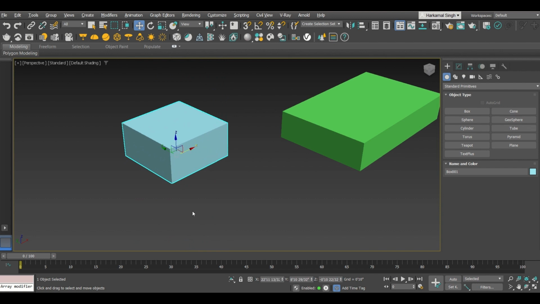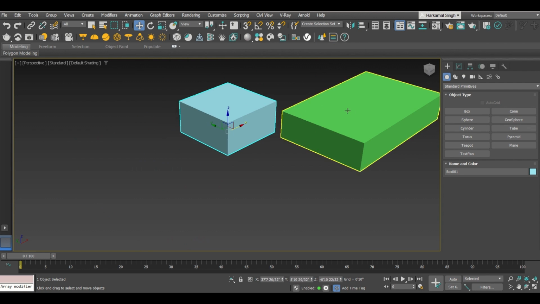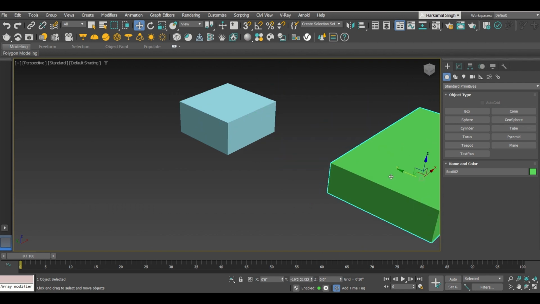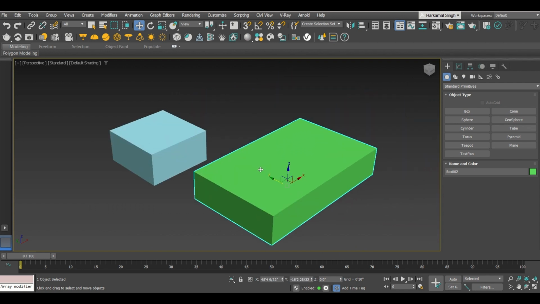If I have selected the x-axis, I can move in this direction. Same is for the other object. Now its x-axis is yellow, so I can move it in this direction. If the y-axis is selected, it will be moved in this direction only, right? So